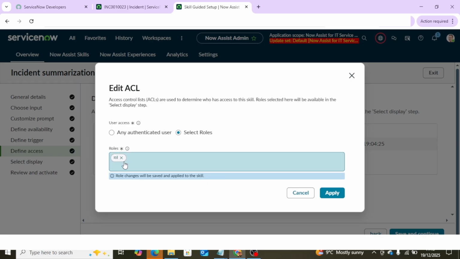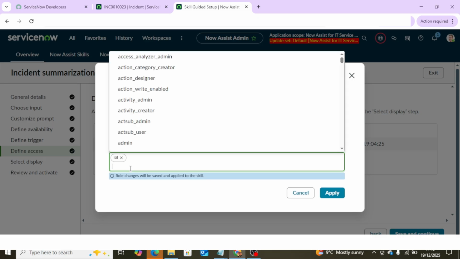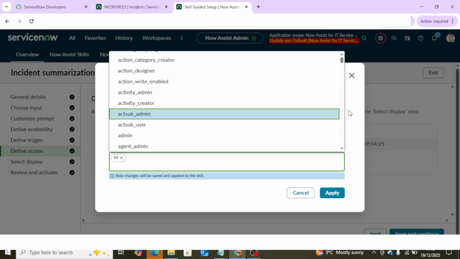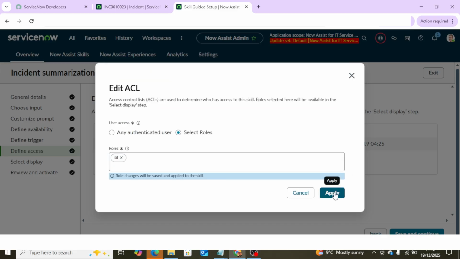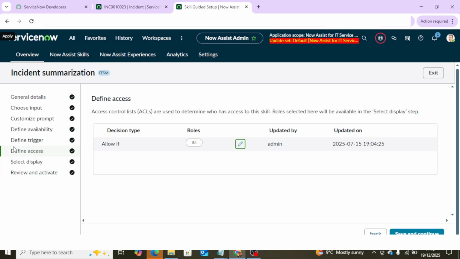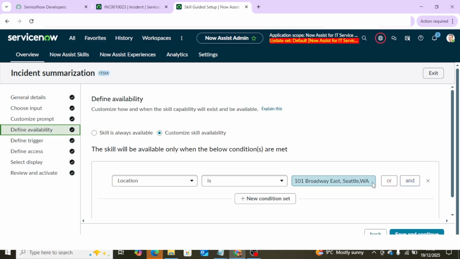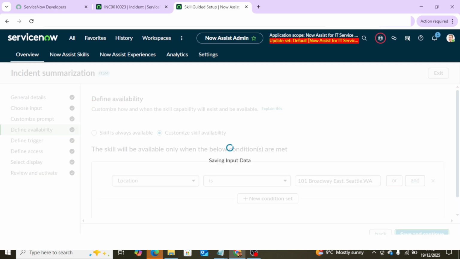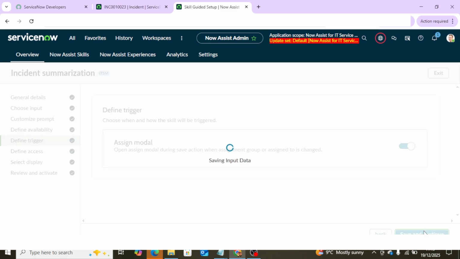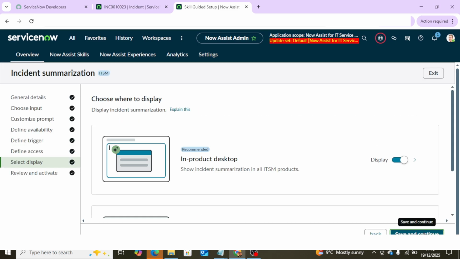If you have that type of requirement, configure that role. If it is a custom role, you just configure it, or if it is an out of box role, then you just configure it. So which role you want, you just add that information and do it. So finally click apply. So here I go to the define availability. So this is a ticket, this is a condition, I just defined it. So save and continue, save and continue,